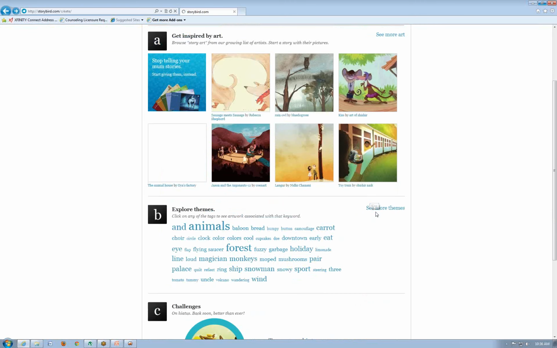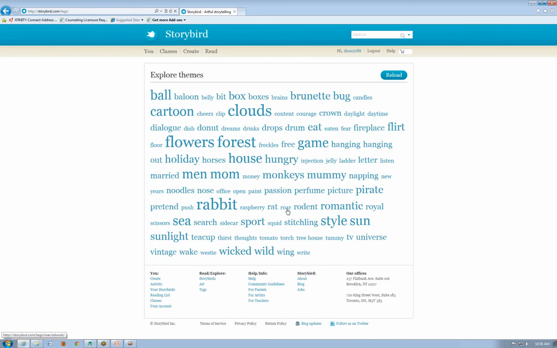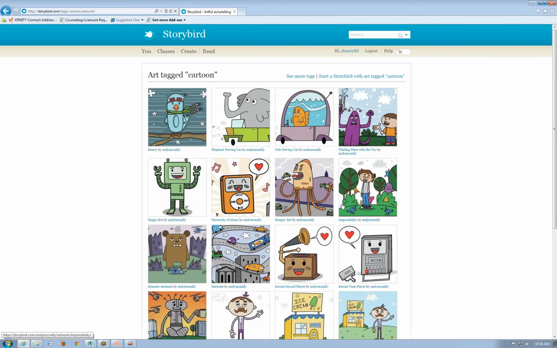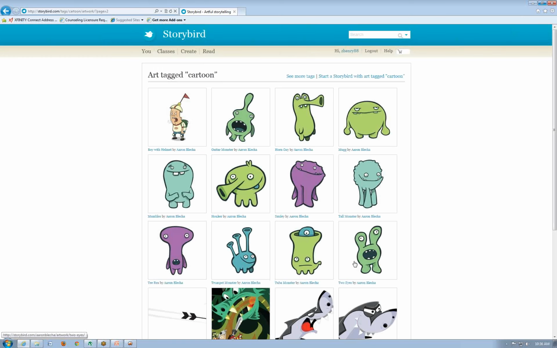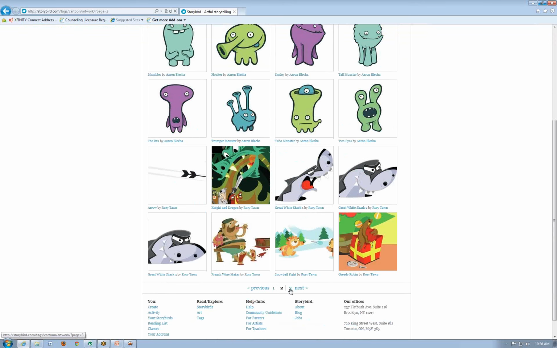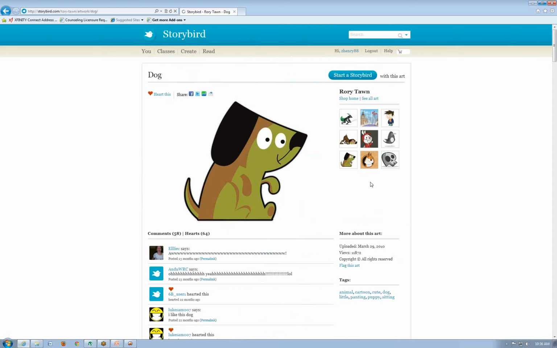If you wanted to choose a theme, like monkeys or snowy, wandering, any of these, or see more themes, you could do that. We'll click Cartoon, and then pick something that appeals to you. Let's pick this dog.